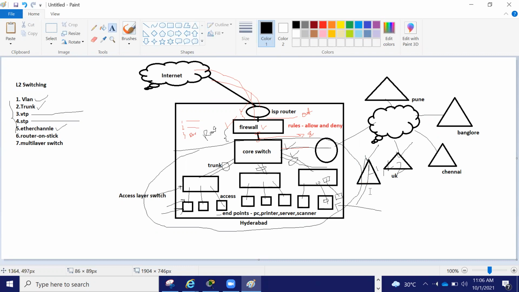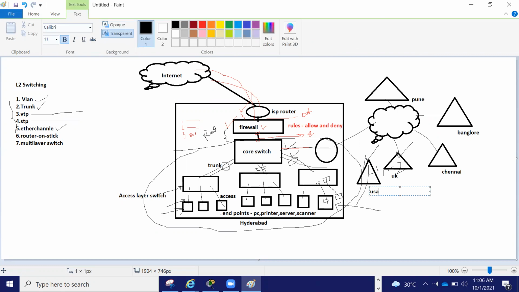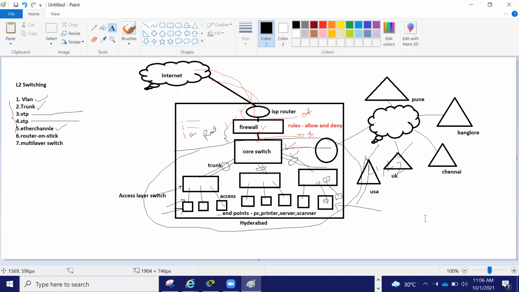So now I will tell you one thing. What is a network? Network means any branch office can easily communicate to this server, and this server can communicate to this branch office. They all logically feel that they are within one building only. So here all L2, L3 technology will come into the picture.